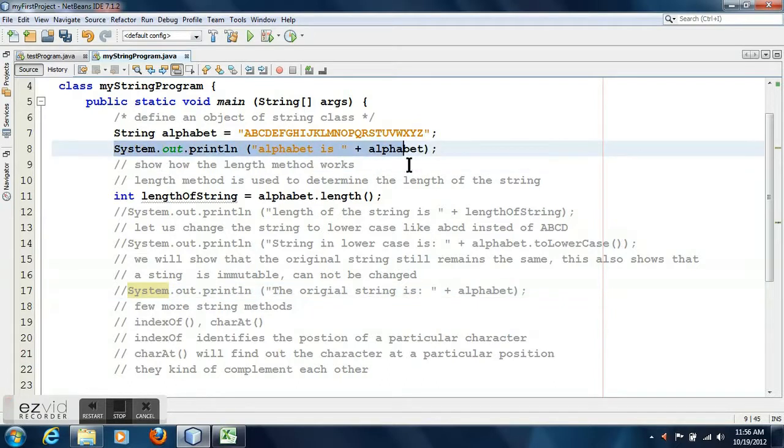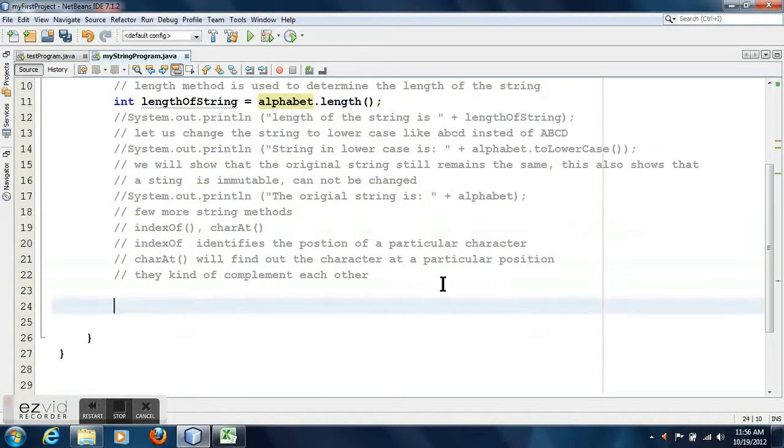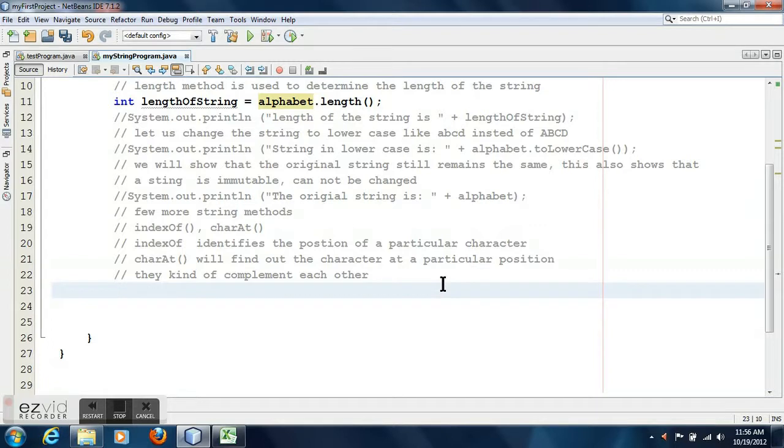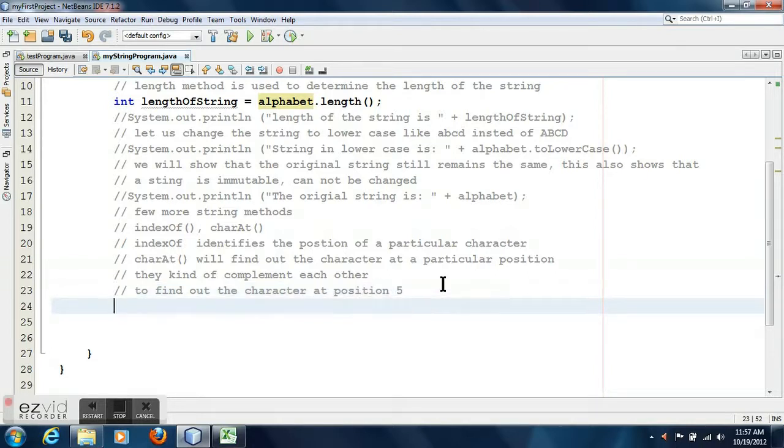Let me comment out some of the earlier display statements, otherwise the screen will be overcrowded and it will be difficult to see what is being produced as output. So first let me explain one method, which is to find out the character at position, say, 5.